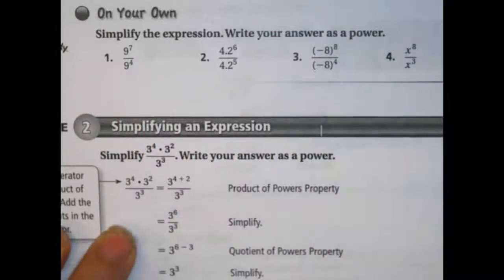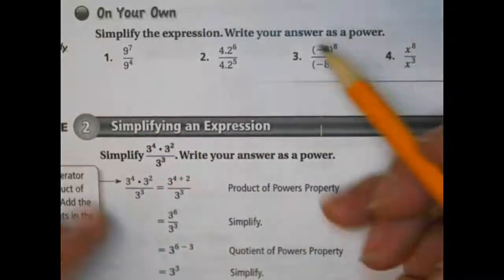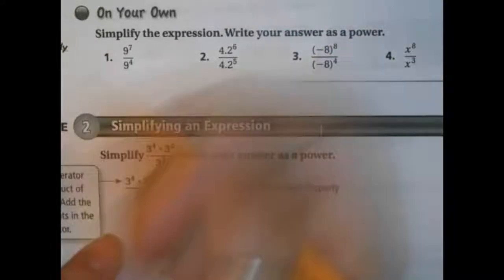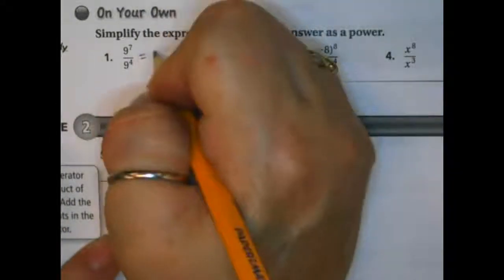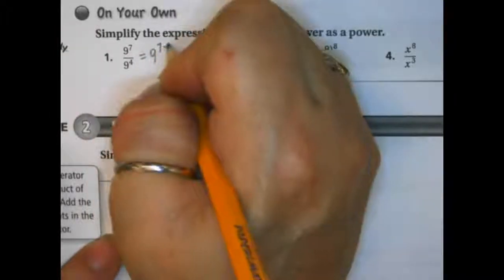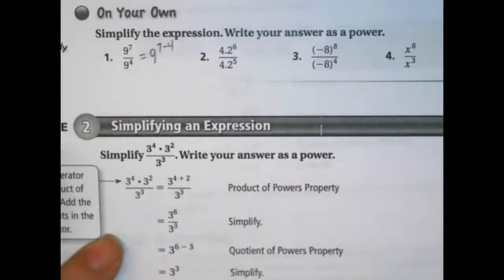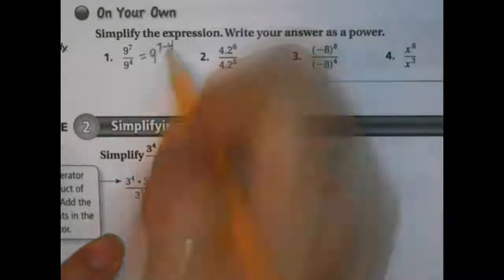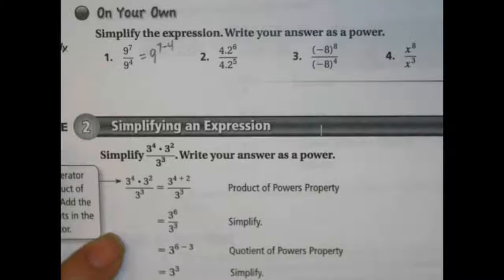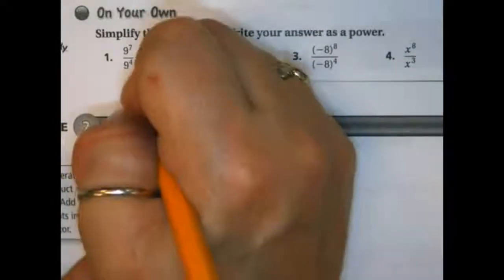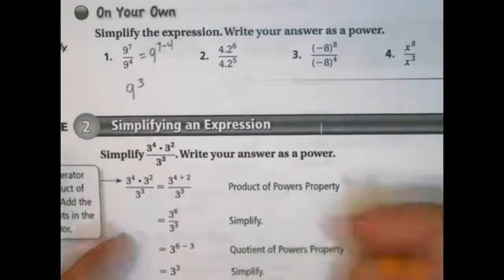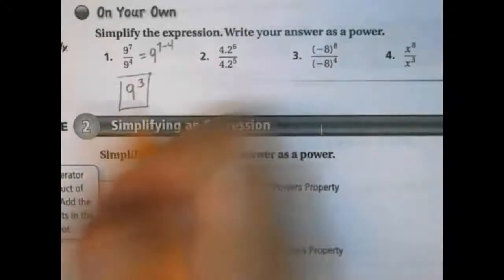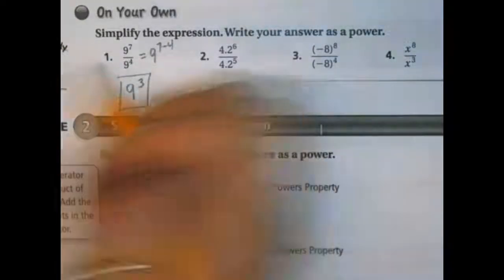Okay, so remember I told you I wanted to see your process, right? So the process that I like is doing the multiplication. I like to say 9 to the 7 minus 4. Okay, that's one way. How many of you guys like that way best? Okay, so that's okay. So what is 7 minus 4? So that means my answer is 9 to the 3rd, right? But that doesn't mean that doing the fraction bar and doing